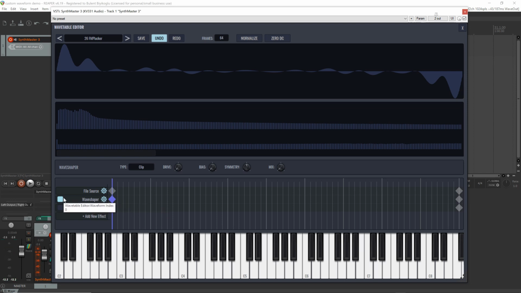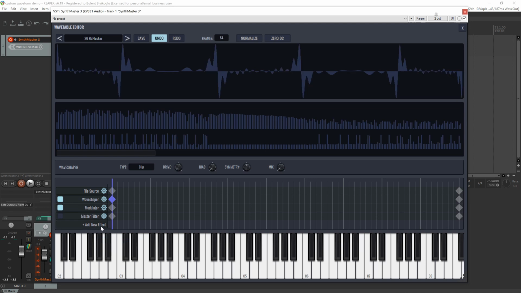This is with the Waveshaper, and this is without the Waveshaper. And let's apply the Waveshaper. Nice. Now I'm going to add a second effect,